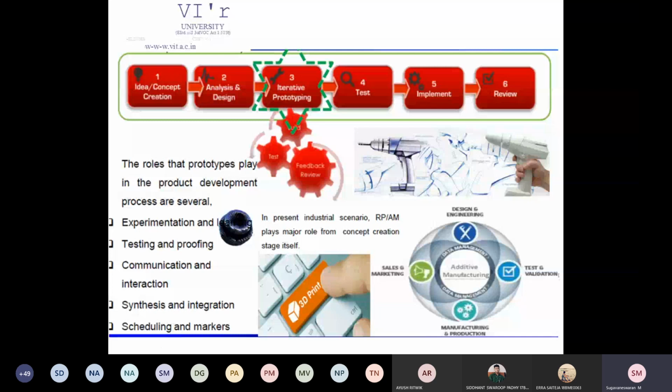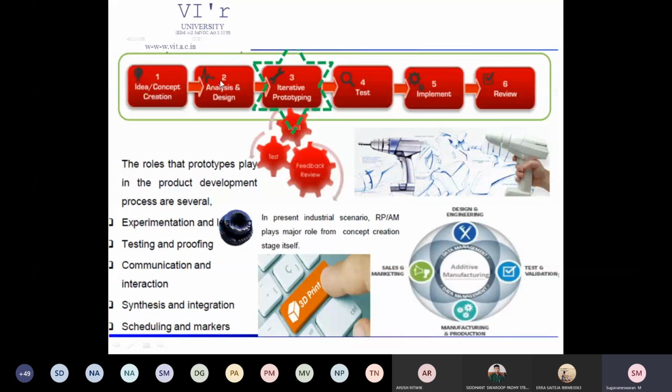If you want to develop a new product for whichever organization you are associated with, first you have to generate a sketch or concept model. So who will give a sketch or concept model? Either it may be your new innovation for the existing product, or there will be a requirement from the customer, or there will be an analysis from the marketing team. They will let you know what will be the suitable product for the market. So the first stage is you have to understand what is required, and based on the requirement and using your knowledge through a brainstorming session, you are going to create a concept.